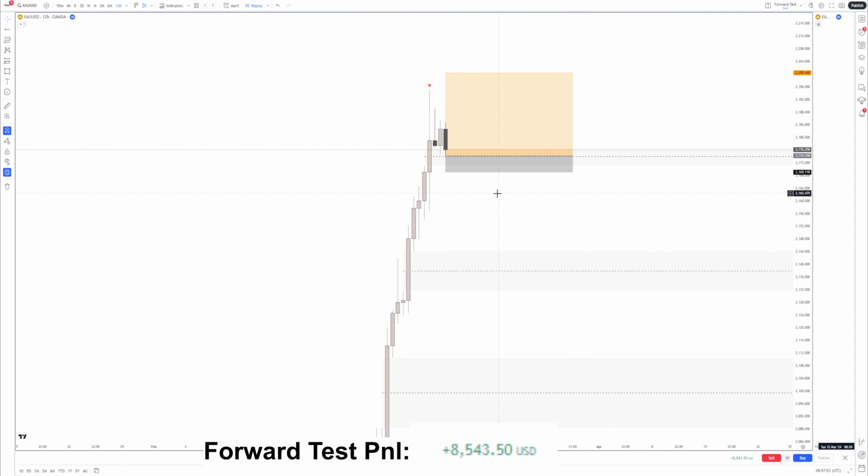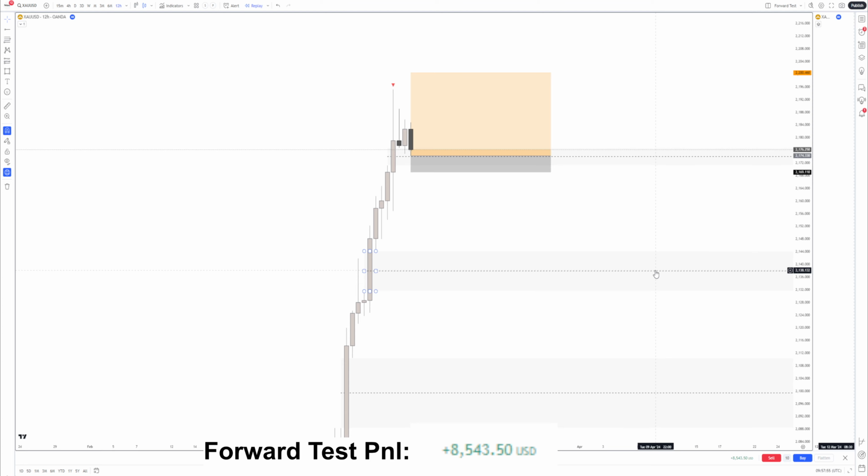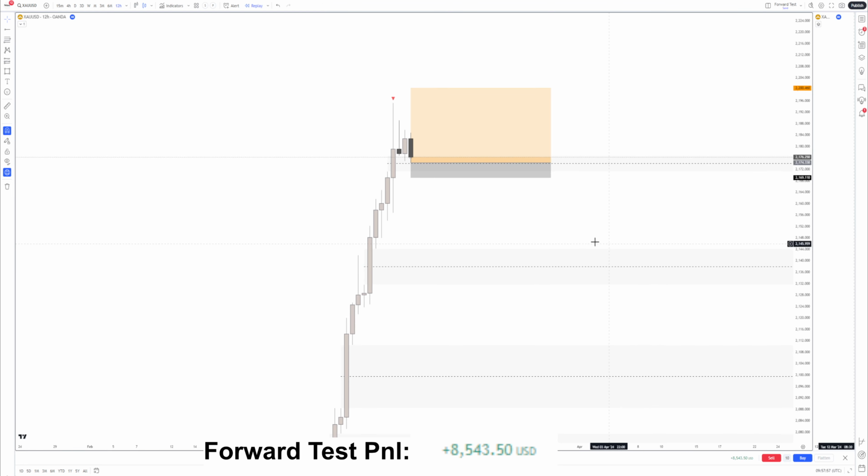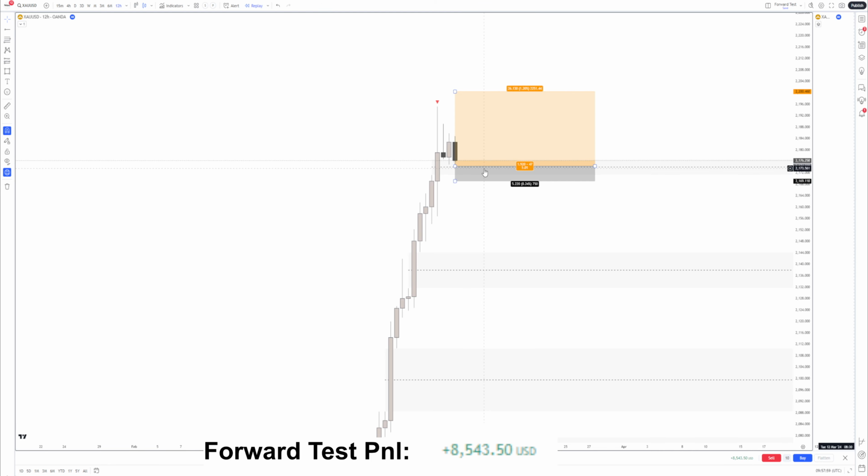You may decide after testing this strategy yourself whether 5 to 1 might be a bit too much. That's absolutely fine. You decide for yourself what you want to go for. And the only way you're going to do this is if you backtest and forward test this like I am right now. Okay, buy. Stop loss at the low there. And let's go for